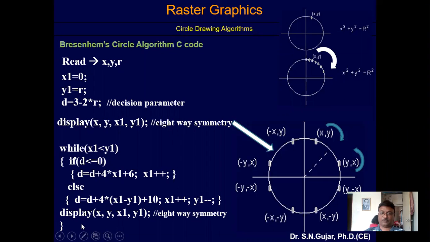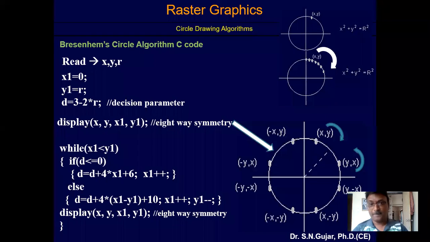So this is in the while loop. How can we pass it? Display after the else condition. Display in brackets x comma y, that is x1 y1. This is again the 8-way symmetry, so that's why I have put it. And see, these are the 2 diagrams I have kept over here, so that the point is going to be drawn by one quarter. And this is the arrow I have put over here. These points are nothing but the pixels, so the pixel points are placed on a circle.